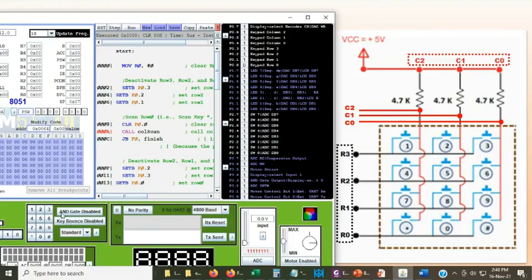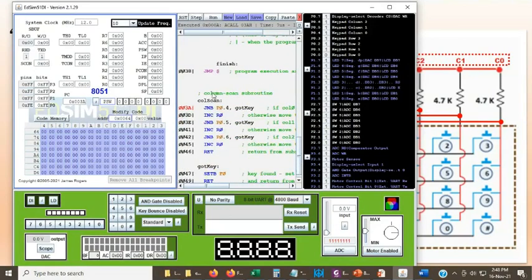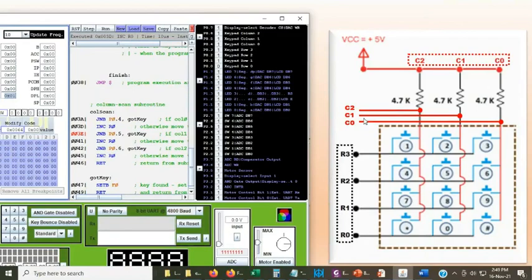So now I'm going to jump to column scan, and I will scan whether hash is pressed, 0 is pressed or star is pressed. Right now I have not pressed any key. So from here I am going to jump to column scan. Yes, I jump to column scan here, and then I am going to check, is the port 0.4 active? No. Okay, then increment R0. Go to the next key. Now R0, you can see number 1. I am checking whether key number 1 is pressed. It will be detected only if I press this. Then the combination of row and column will become low.